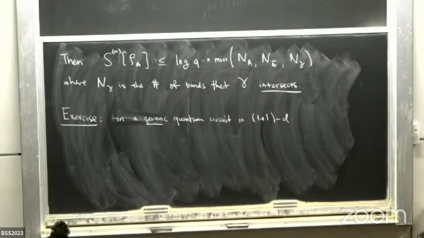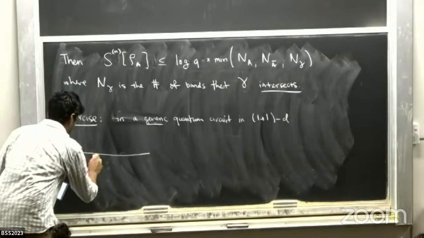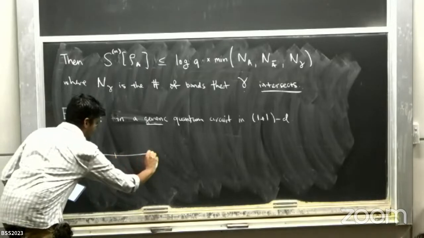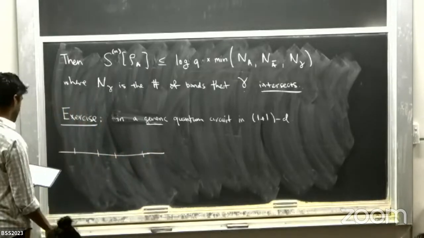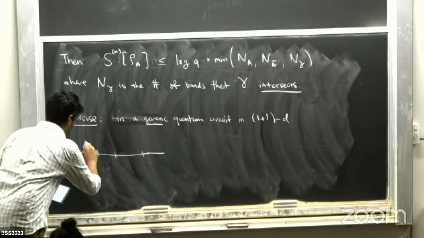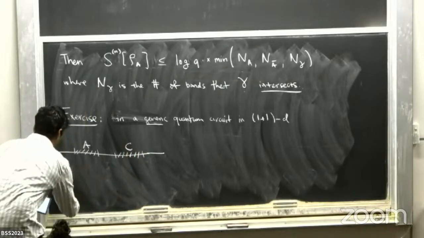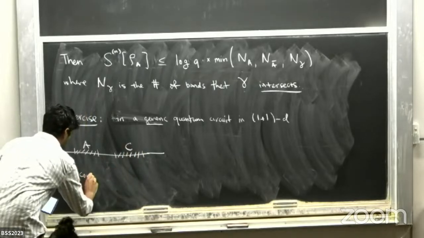I can start with the product state and imagine that I want to, at time t, compute, as a function of time, the evolving, say, mutual information between, so I have a subregion, which I'll call A, a subregion, which I'll call C,